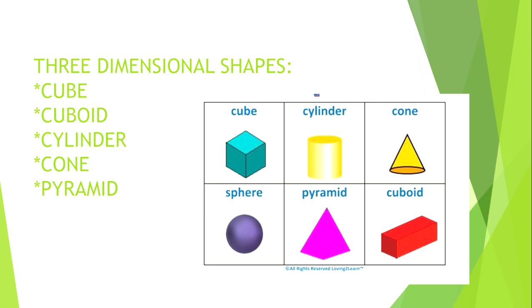Now let us check cylinder. Some objects such as circular pillar, circular pipe, gas cylinder, powder tin are in the shape of cylinder. A cylinder has a curved lateral surface and two circular faces at its end. A cylinder has two plane faces, the top and the base, and one curved face. It has two circular edges.